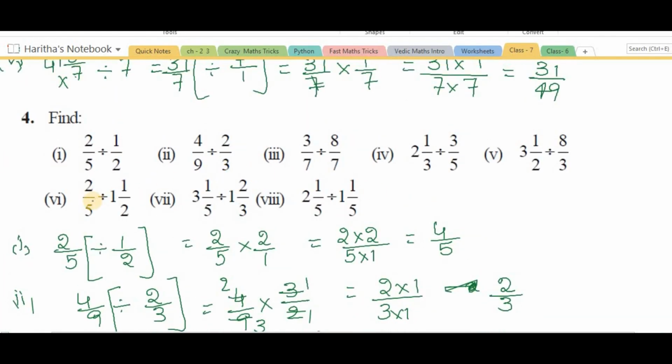Okay, so we completed solving division of fractions. The main thing in division of fractions is that you must apply the reciprocal. Don't forget the reciprocal of a fraction. If you don't apply the reciprocal, we can't do the division. Okay, is it clear to you all students? So now we have successfully completed exercise 2.4.